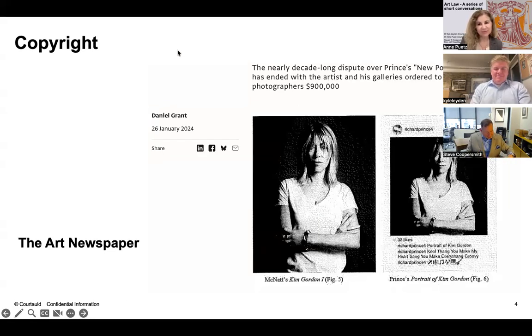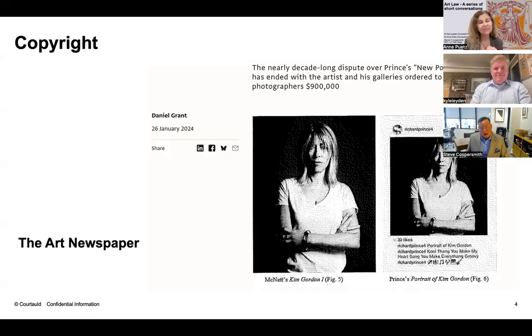And in that case, a judge in the Southern District of New York, Sidney Stern, issued a final judgment basically saying that he was prohibited from, and the gallery that was the Gagosian Gallery was prohibited from reproducing, displaying, or selling those specific works, and ordered a substantial sum of damages. And I think that they ended up settling for an amount, a fairly large amount.